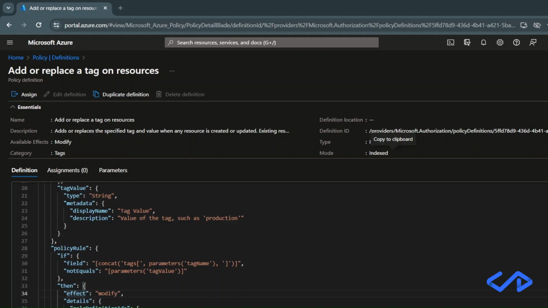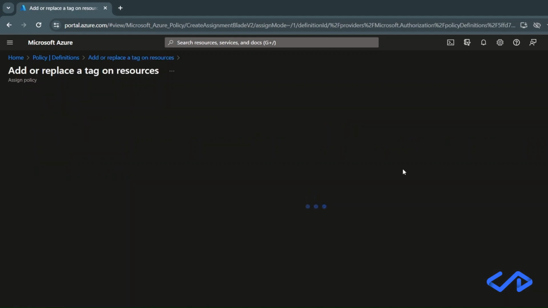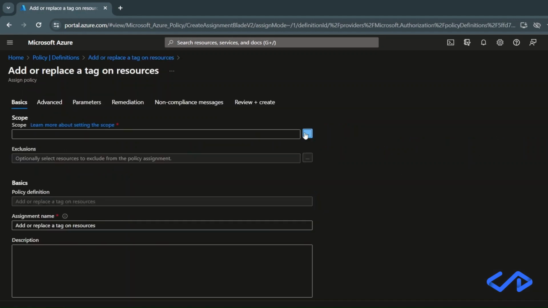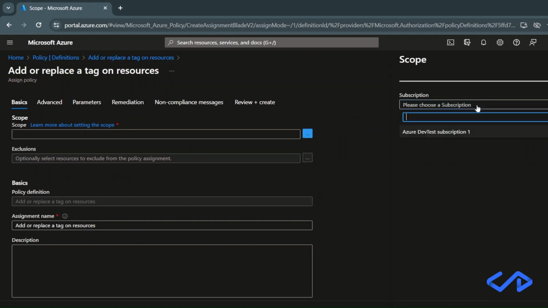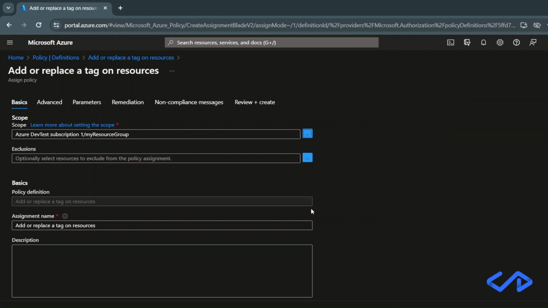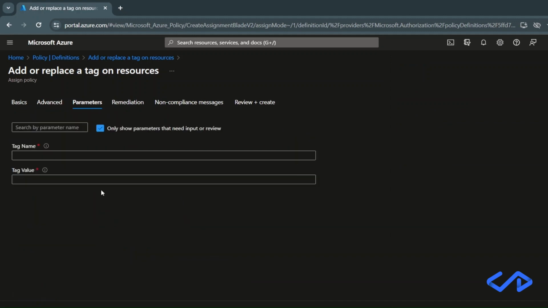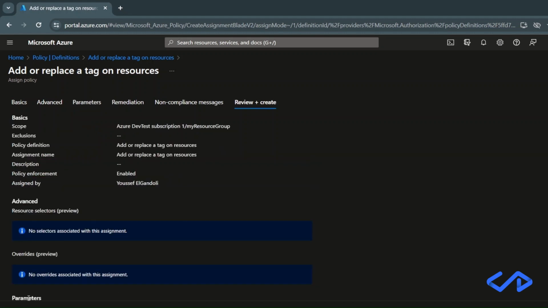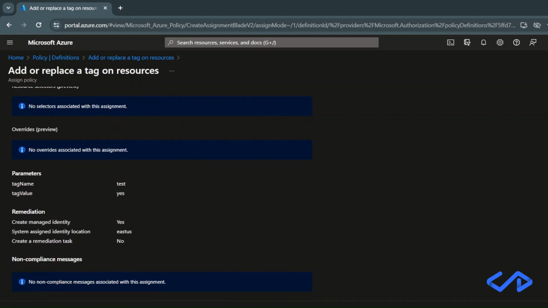Let's assign it now to the scope resource group, which exists, of course, under the subscription one. There are no exclusions, so let's assign the values of the parameters. The tag name is test, and the tag value is yes. For example, we create the assignment,